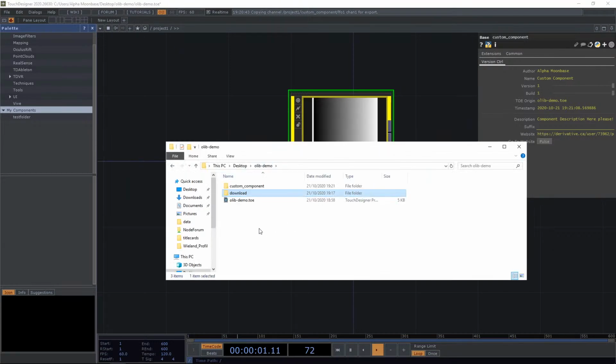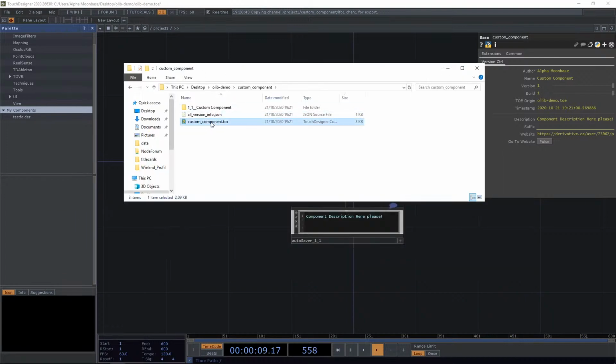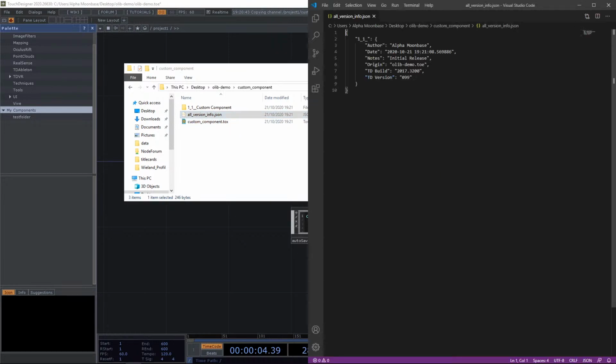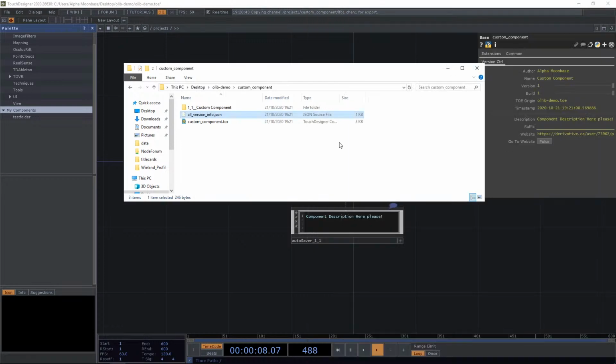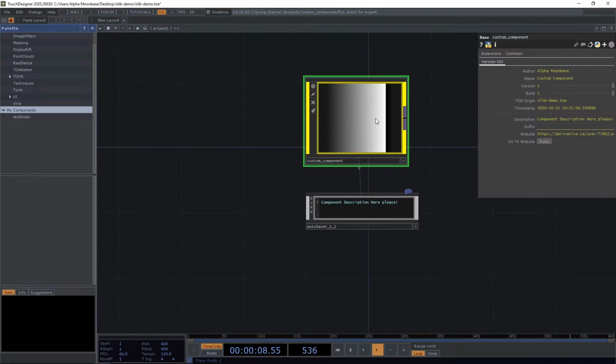If we take a look here, we now see that we have a custom component folder. And when we look in this folder, we see, okay, here we have our custom component tox. We have some info about all versions. So some notes like the initial release, that's the first time you init everything, and what's a super weird TD build, but we're going to roll with it. And also you have this 1-1 custom component folder where you have the version 1.1, because you can still see it's